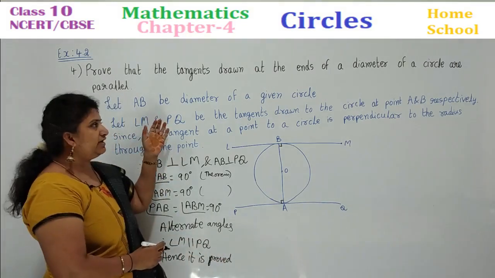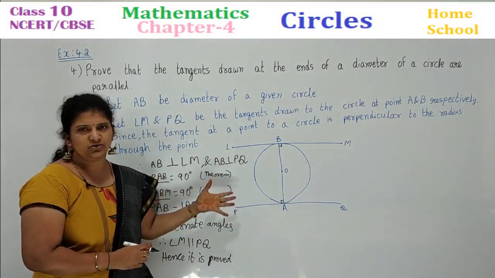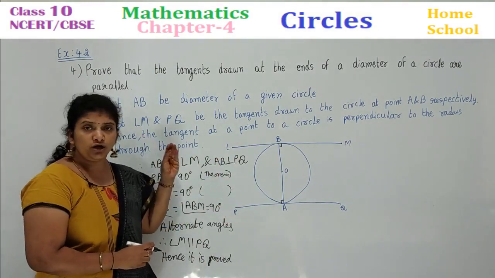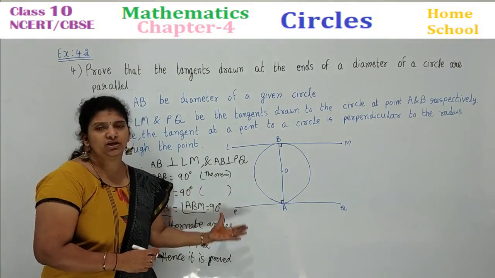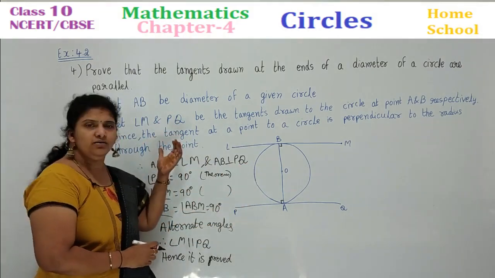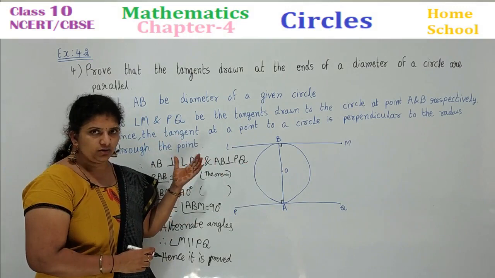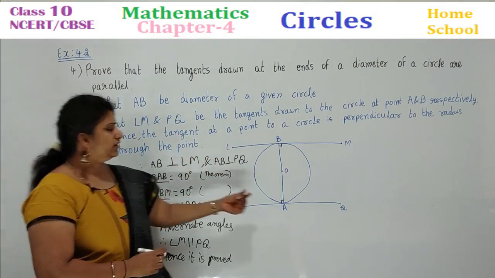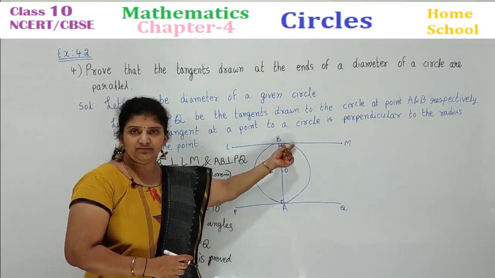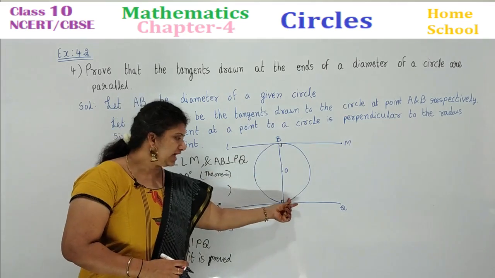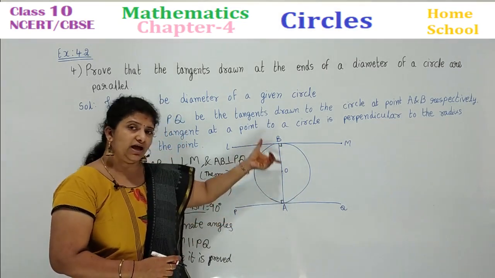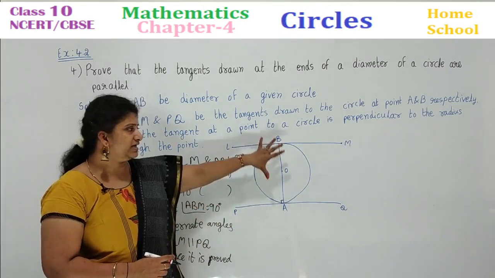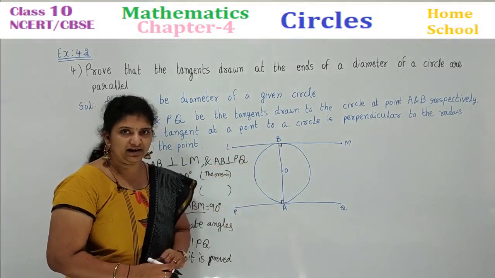If you want, you can write here given circle tangents, you can write we need to prove. What to prove, you can write what to prove: LM is parallel to PQ, I need to prove, and start your proof like this. Okay, once again look here carefully. This angle I have taken, right? You can take this angle equal to this angle, 90, 90. Both the angles are equal. If they are alternate to one another, then these lines are parallel.